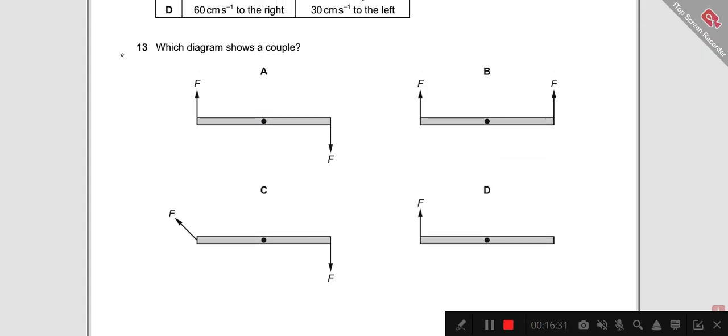Then which diagram shows a couple? A couple is whenever there are two forces acting on two different points and they are somehow supporting each other, which usually happens when they are working in two different directions. Think of it like you have both of your hands placed on a steering wheel, and see both the hands